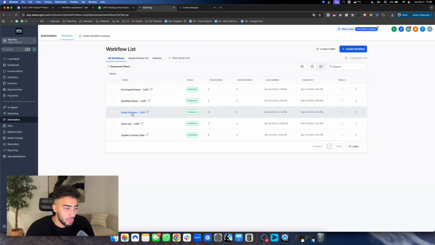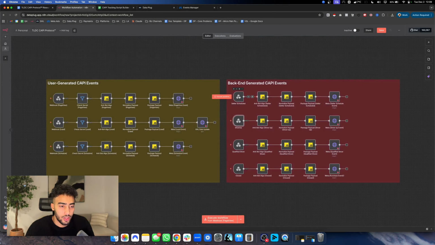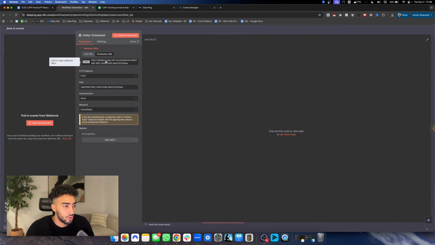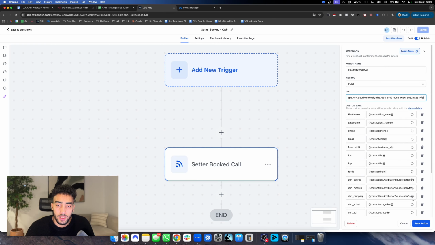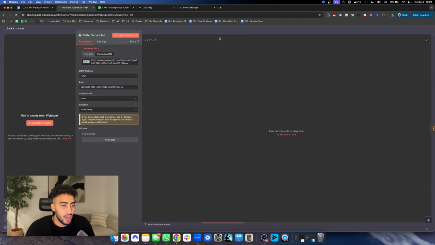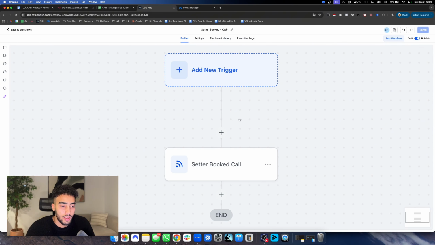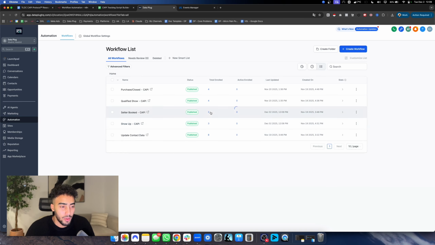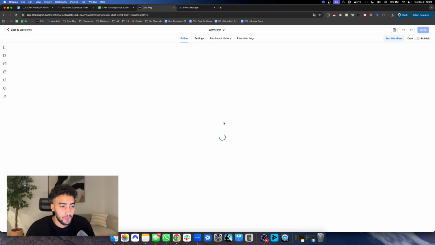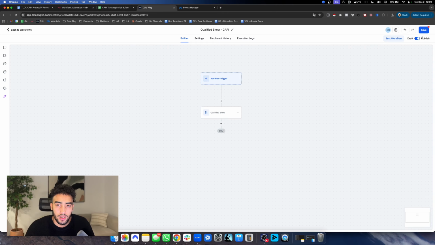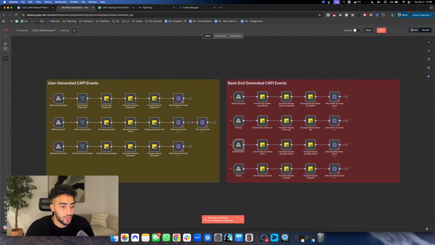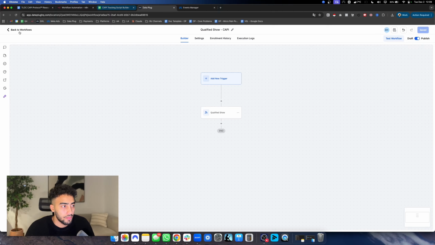Then setter booked. So I'm gonna go to N8N, look for setter booked or setter scheduled, production URL again. Click over there and go back to GHL and paste it in the webhook and save. Now we have a qualified show. Boom. Production URL. Copy it. And a lot of pasting with this setup. We're gonna go to qualified show, click on the event over here, and boom, paste it here, and then click save. And the last one, which is the